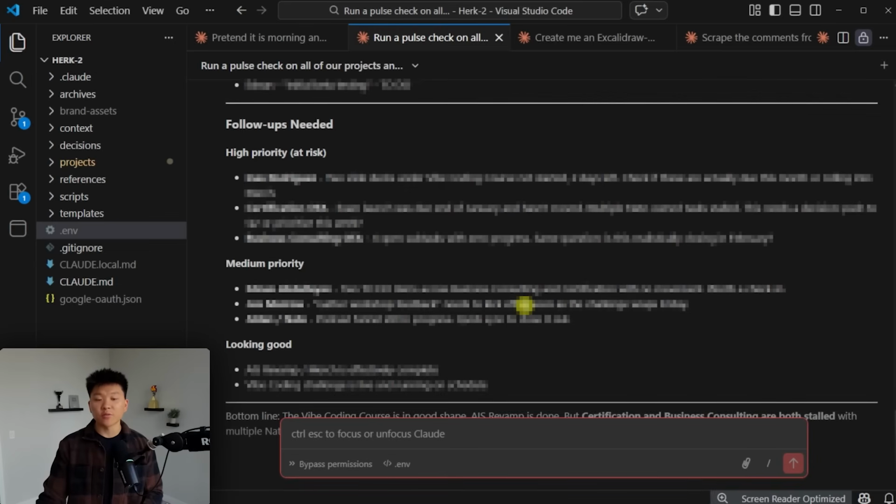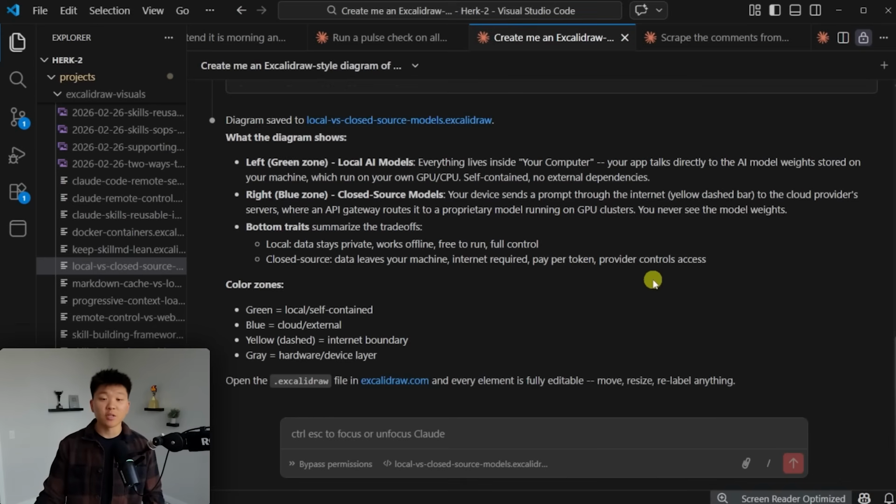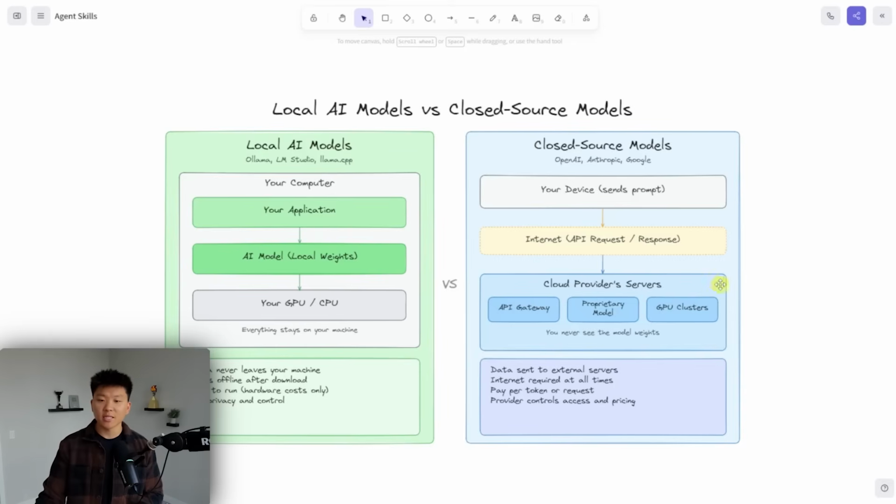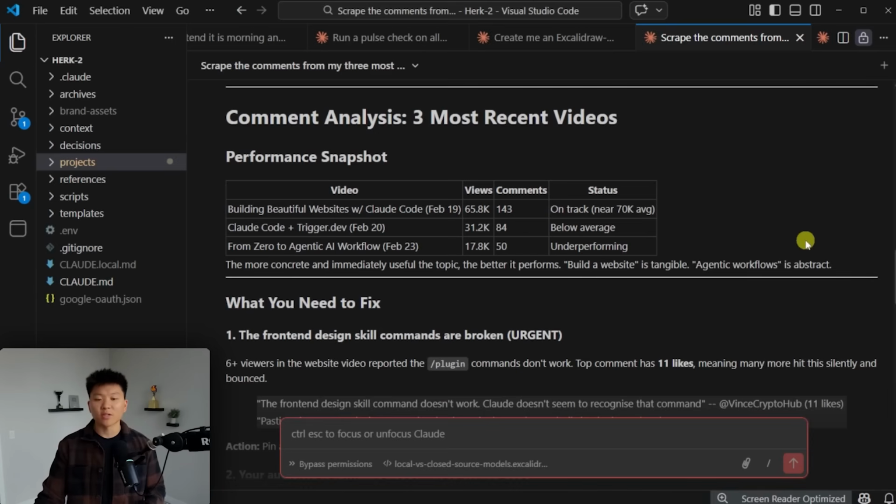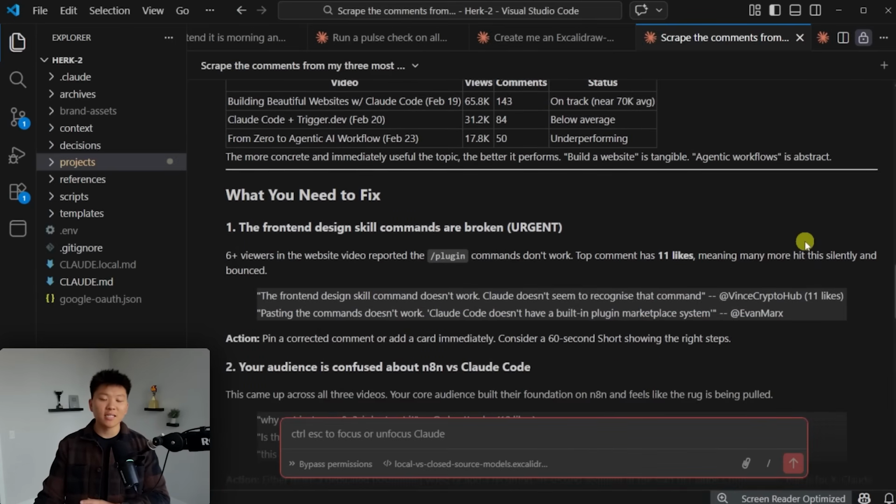And right here, you can see there's a few things that I need to follow up on manually. And this might have slipped through the cracks because I'm so busy making YouTube videos if I didn't have this personal assistant to check up on me using this skill. The third agent came back and has finished the Excalibur diagram, and I pasted it in and it looks like this. So if I needed to make a video about this, I wouldn't have had to take my own time to create this visualization. So for the comment analysis, that came back and we can see all of the comments,